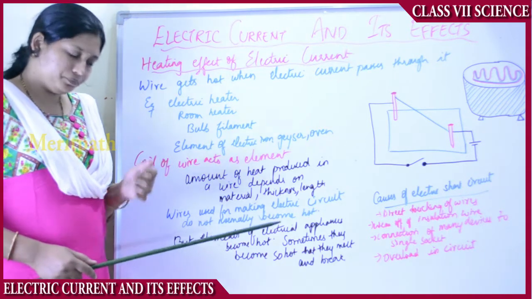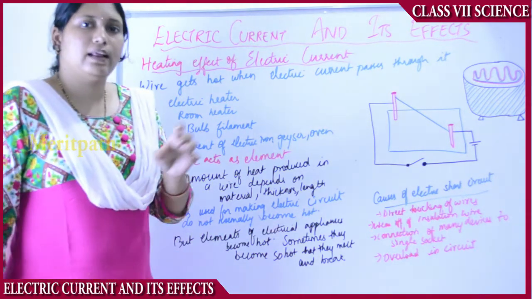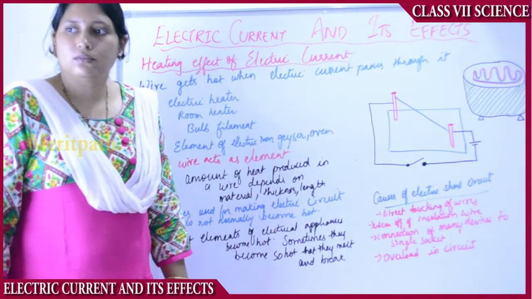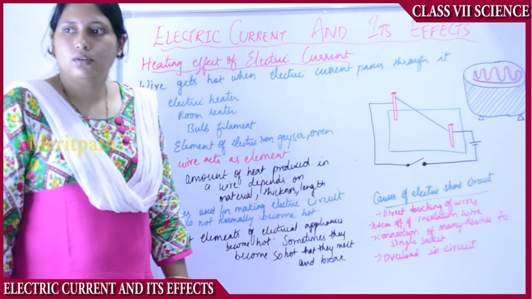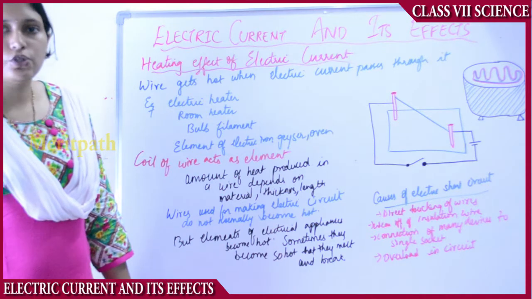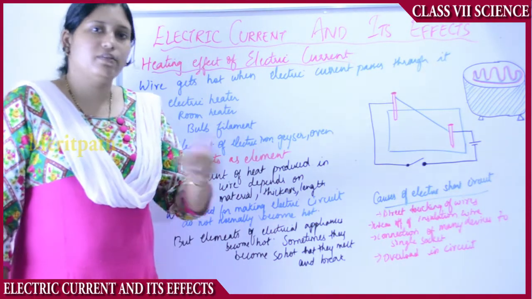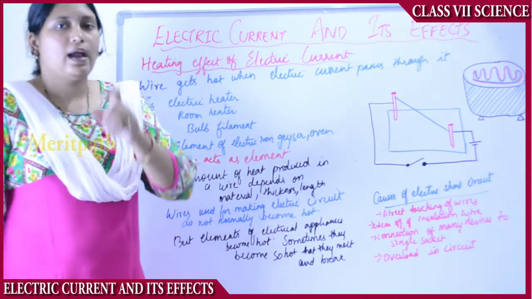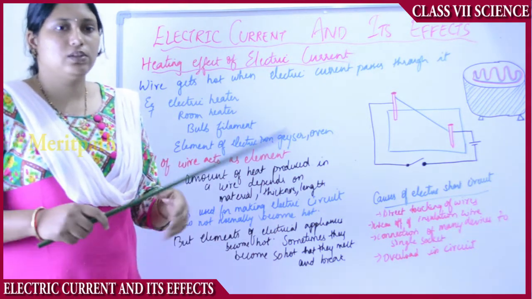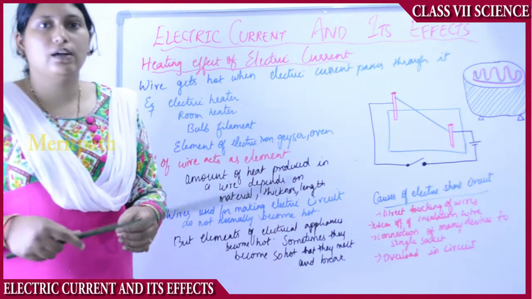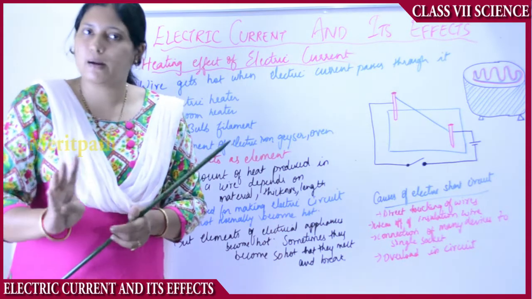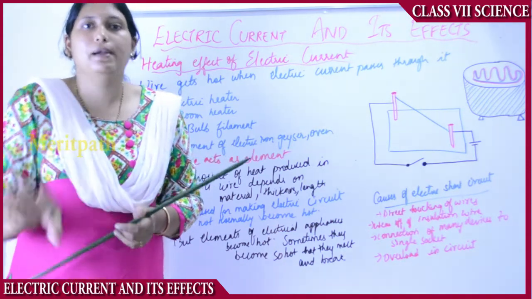Suppose for example, you are connecting an electric circuit not with one battery, say with 4 batteries, and only with a thin strand of wire. At that time what happens? When the switch is in the on position, there will be an excess amount of current flowing in that wire. Due to that excess amount of current from 4 batteries, the wire will become hot and melt away.